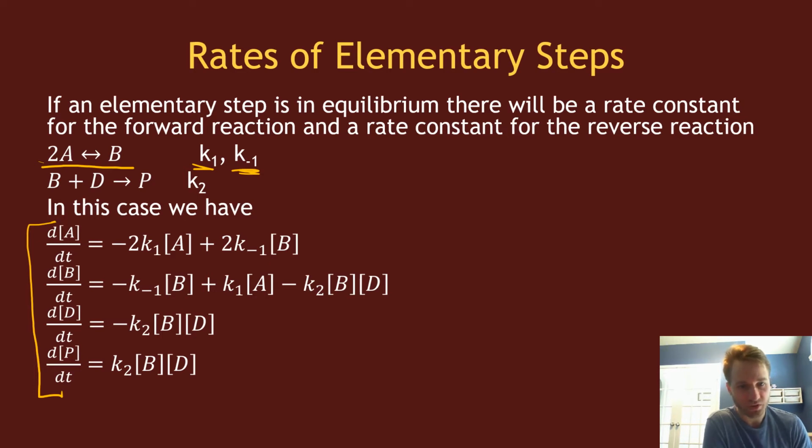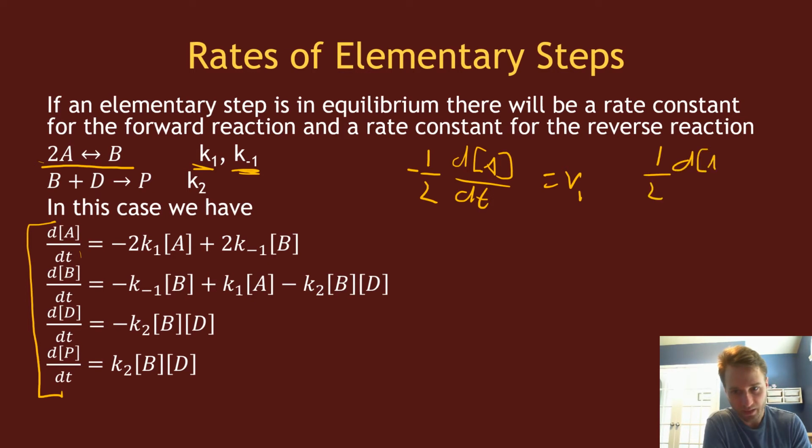Again, let's just do A in particular. A only appears in that first reaction, but the first reaction has a forward reaction and a reverse reaction. For the forward reaction, the change in concentration of A with respect to time, times -1/2, equals V1. And for the reverse reaction, we have 1/2 dA/dt equals V minus 1, where V1 is the rate law for the forward reaction,